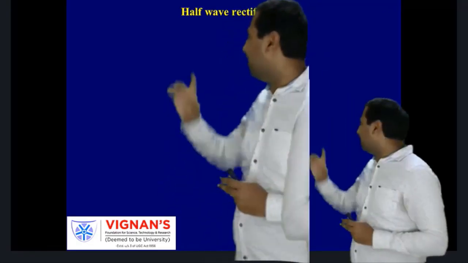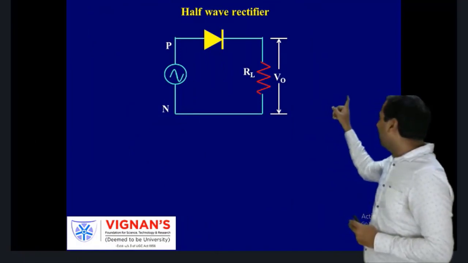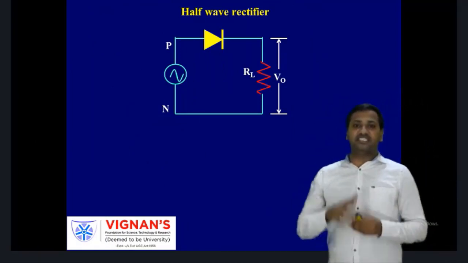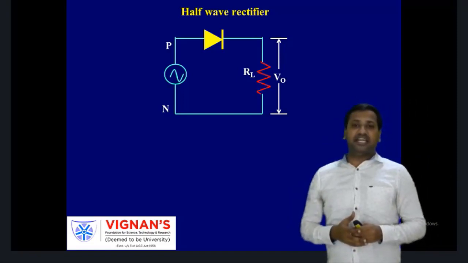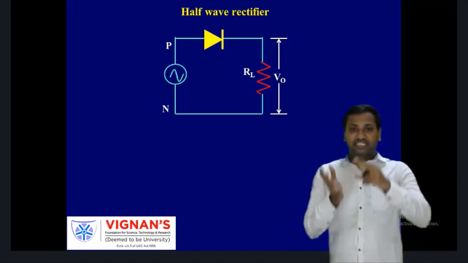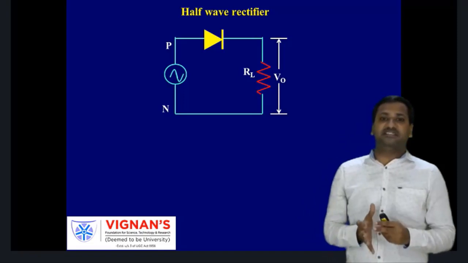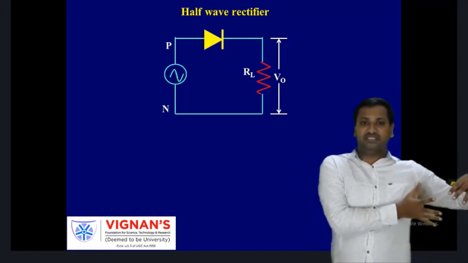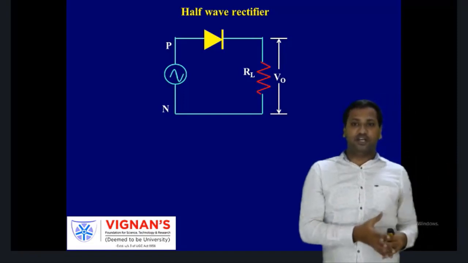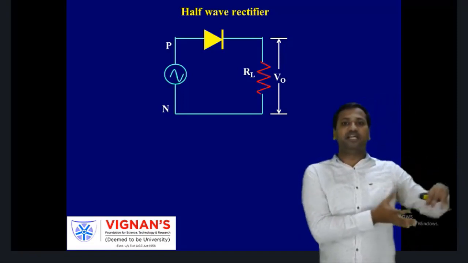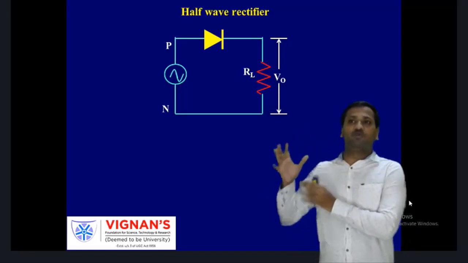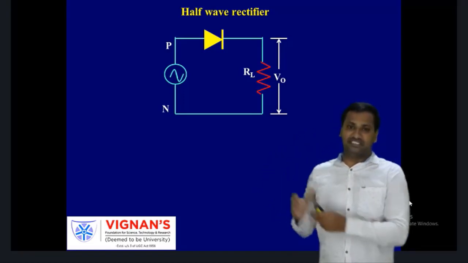This half wave rectifier consists of a diode and a resistance. The load is connected across that resistance, which is why that resistance is taken as the load resistance. This combination of diode and resistance is applied to a pure sinusoidal AC voltage, which is considered the input voltage, and you need to convert it into a DC output voltage.